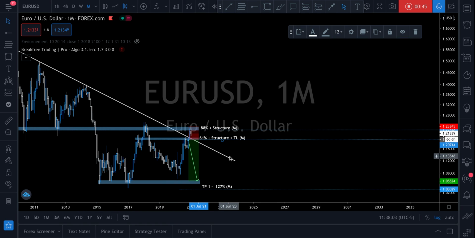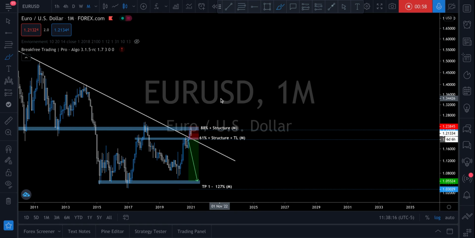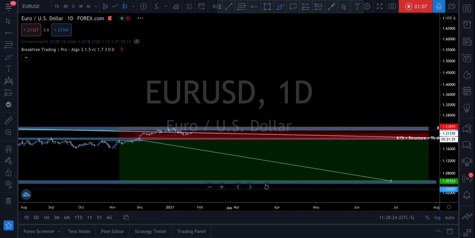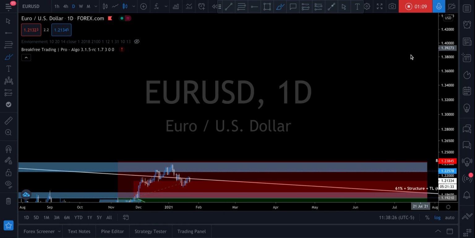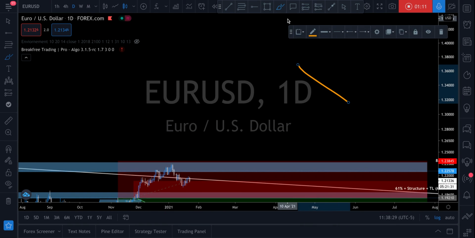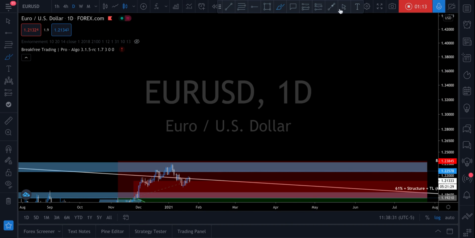However, because it did break this trend line and it did break this area of structure, we are likely to see some sort of retest on this previous 61% structural zone and maybe a bounce back up. However, that is a little bit ways away as we're looking on the monthly time frame. So this is still valid. We're going to be looking at entering some short-term opportunities at this 88 structural zone. So let us